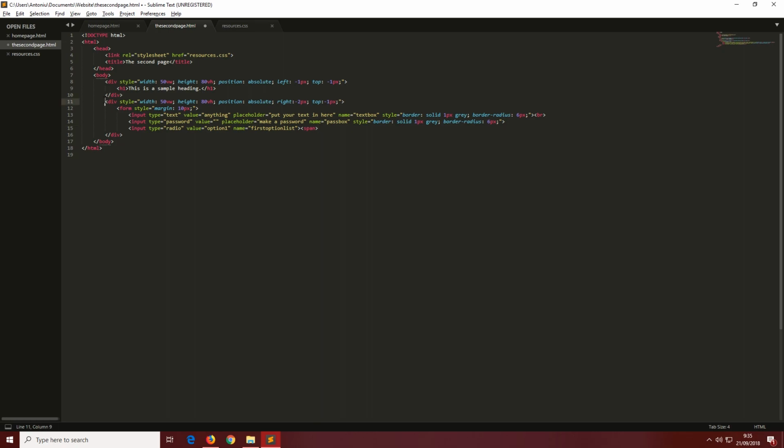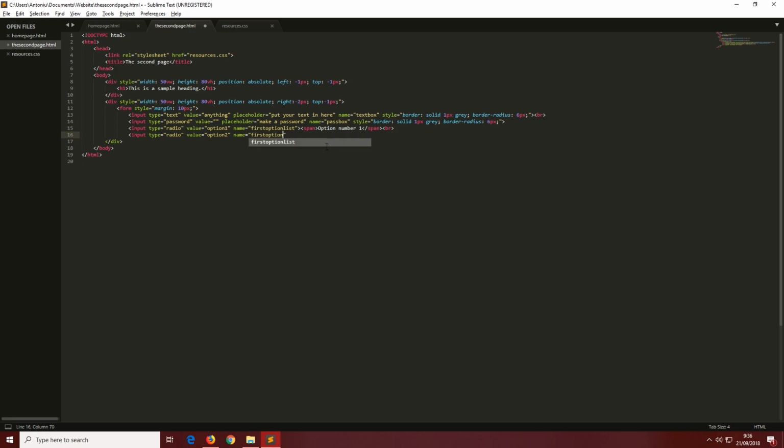So just like this div is basically a block element, this is an inline element. It's basically the same thing, but it's just one line, not the whole block. So you're gonna put this, and I'm gonna put option number 1. We're gonna close that and put a little line break, and we're gonna put input type radio, and you're gonna put value option 2 and name